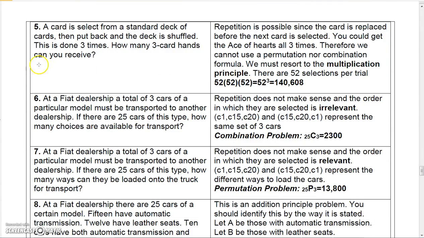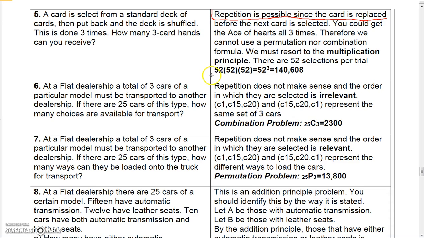Okay, now a card is selected from a standard deck of cards, then put back in, and the deck is shuffled. This is done 3 times. How many 3-card hands can you receive? This time, since I'm putting the card back in each time and recording the result, repetition is possible. Since repetition is possible, we can't use permutations or combinations anymore. Now we have to go back to the multiplication principle. Ask yourself, on the first draw, how many cards are possible? 52. Then you put the card back, so 52 are possible on the second draw. And then you put the card back, so 52 are possible on the third draw. So it's actually 52 cubed, which is